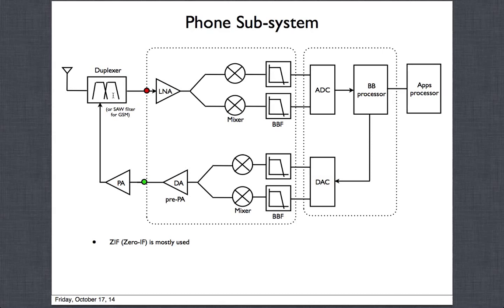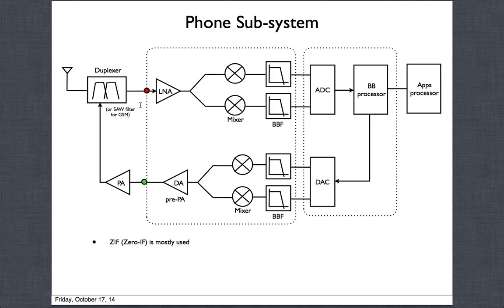For example, we talked about UMTS type standards. You have standards like CDMA, where transmit and receive happen at the same time. You have WCDMA, LTE, and most of them are what we call FDD type standards, that is frequency division duplexing. What it means is you can transmit and receive at the same time. They are not happening on the same frequency. Receive will have a different frequency, transmit will have a different frequency, but when you're doing it in two different frequencies, they are on at the same time. So those are FDD, frequency division duplexing type standards, which is what most of the non-GSM type standards are like.